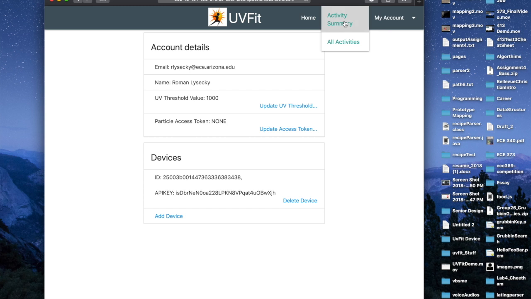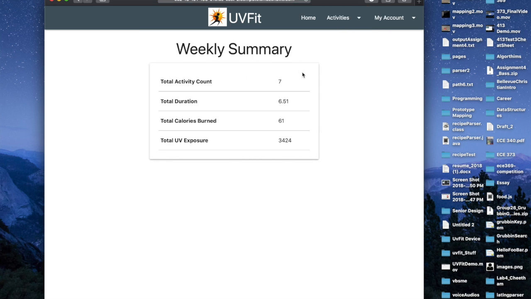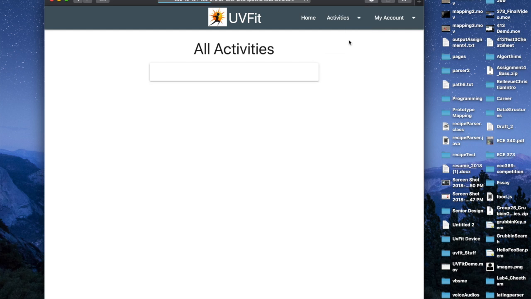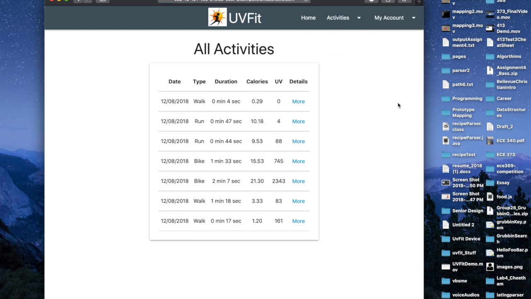And we can see what kind of activity summary they've had. So this one, we can check out their weekly summary. Total activities is 7, duration 6 minutes 51 seconds, calories 61, and total UV exposure 3,424. And then if we want to see more details on their specific activities, we can go here and show that